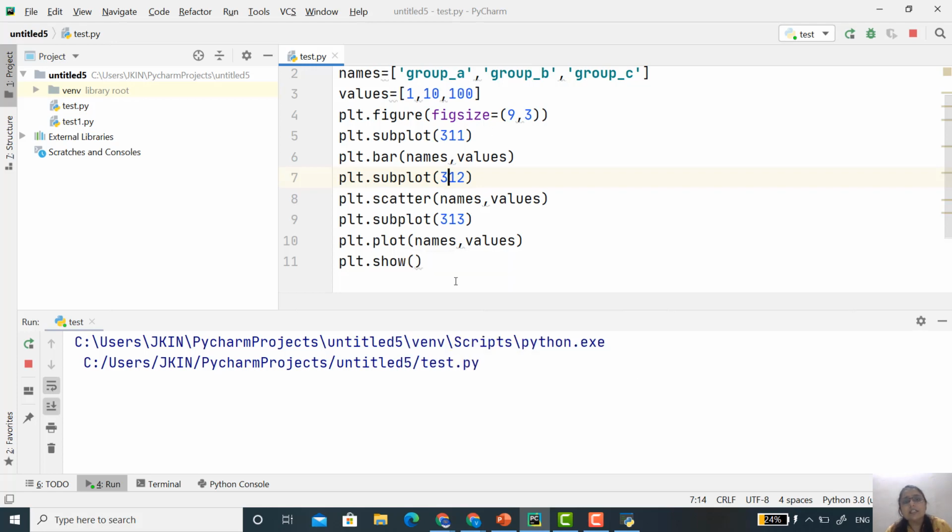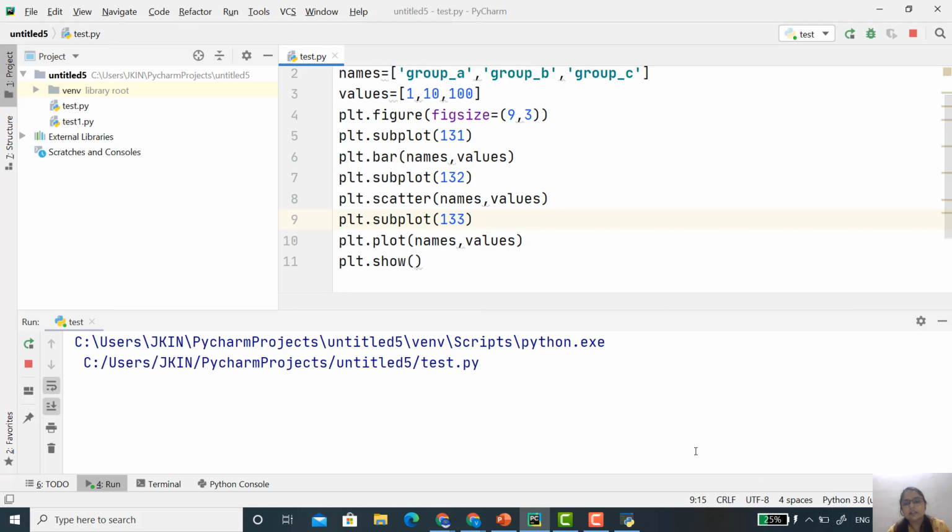Now instead of this, if I want 3 columns and 1 row, then instead of this 3, I simply have to write 1, and instead of 1 it is 3. Here also it's 1 and 3. Here also it's 1 and 3. That specifies a single row but 3 columns.